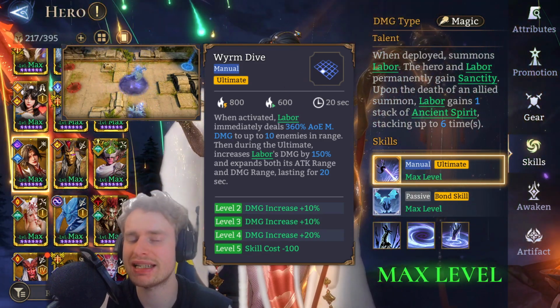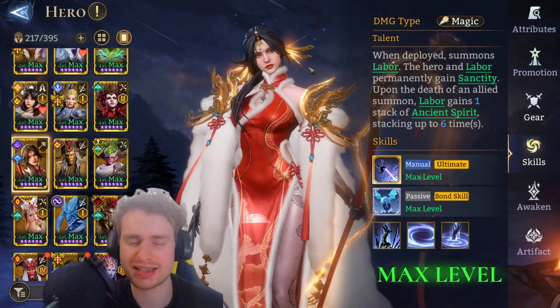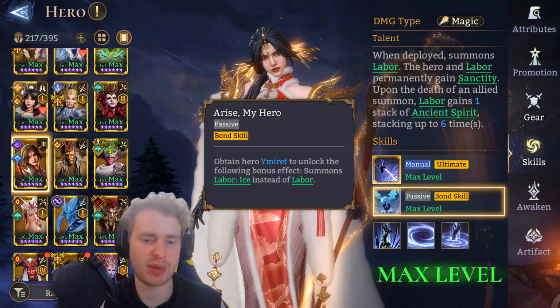And you can see during the ultimate, she's going to get like a Vortex Hollow range, right? So it's absolutely insane. She's so good for GVG. She's so good for, you know, basically anywhere you need DPS. We have a passive